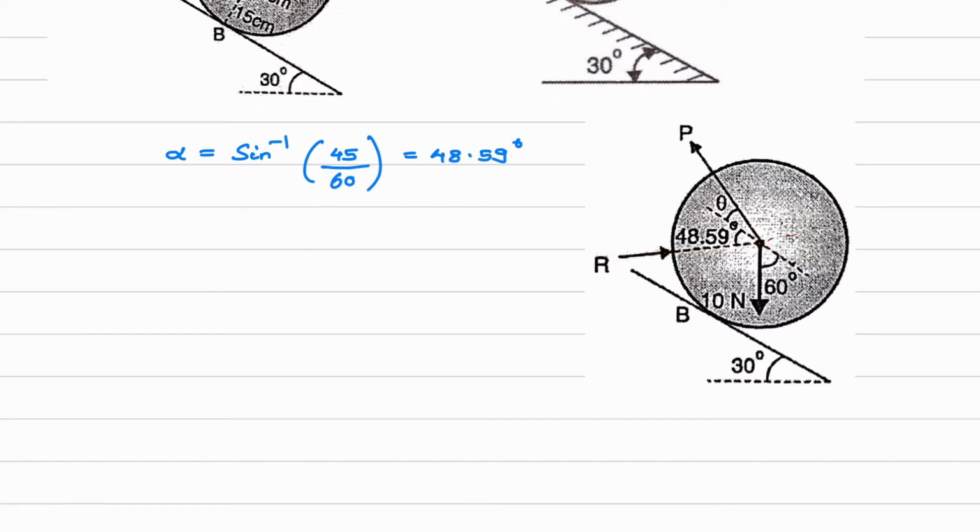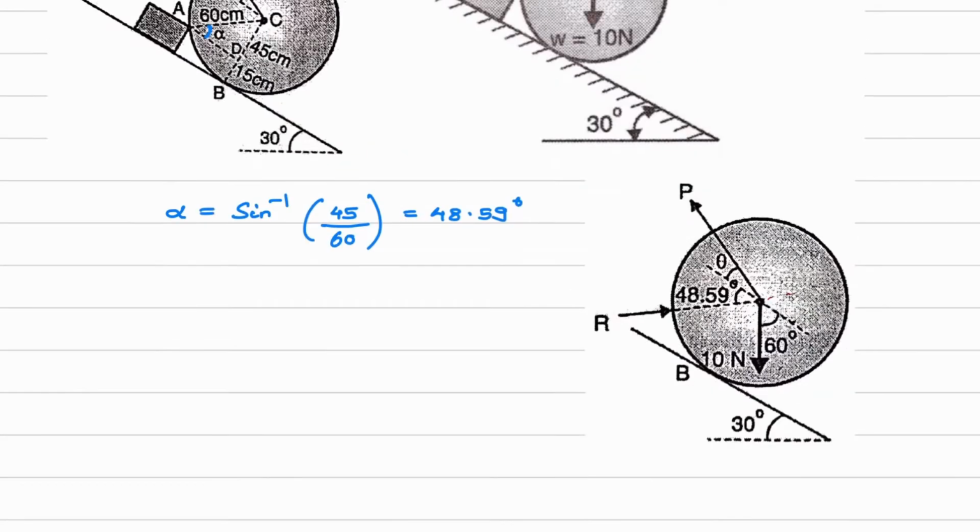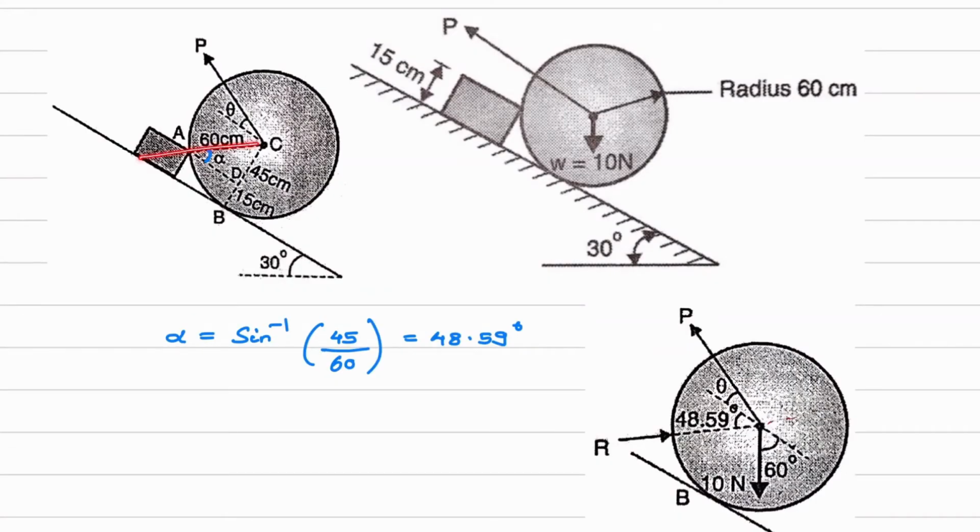Okay, now what will be the angle? This angle we have already calculated, right? This is the reaction which is passing through the center, and if you see, this is one line and this is one line, they are parallel. If this is alpha, then this angle will also be alpha. That is why here you can see this value has been given, 48.59 degree. Okay, then this angle we have already defined, which is theta, and now we will see this weight